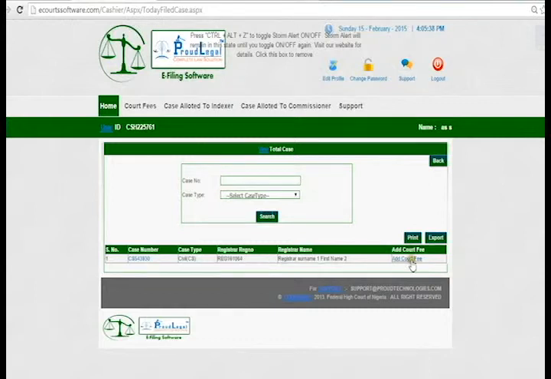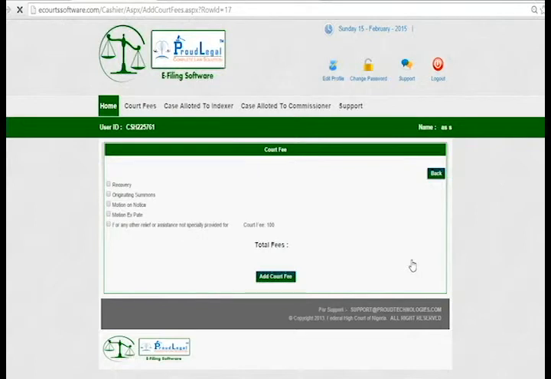And this is the add court fee. So what kind of court fee I want to add on the particular case? If you click on the link, automatically you will get into the page where you can add court fee. So this is the page.